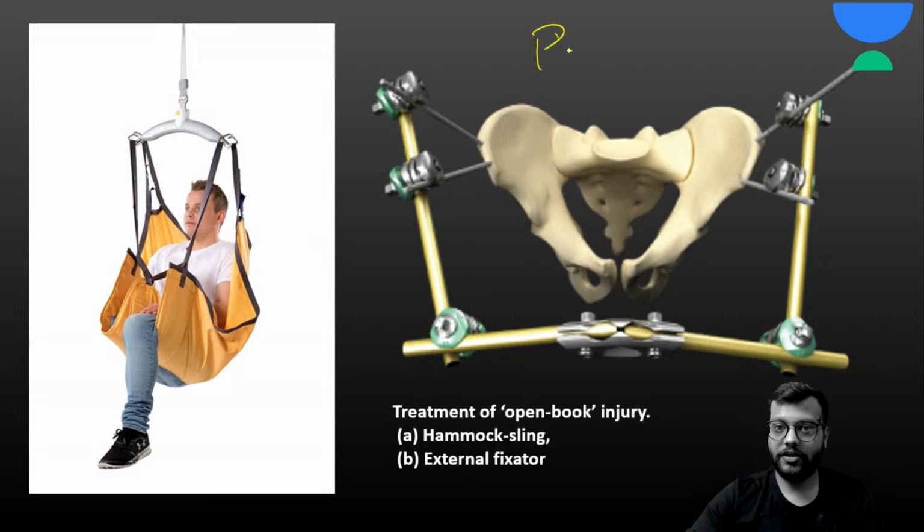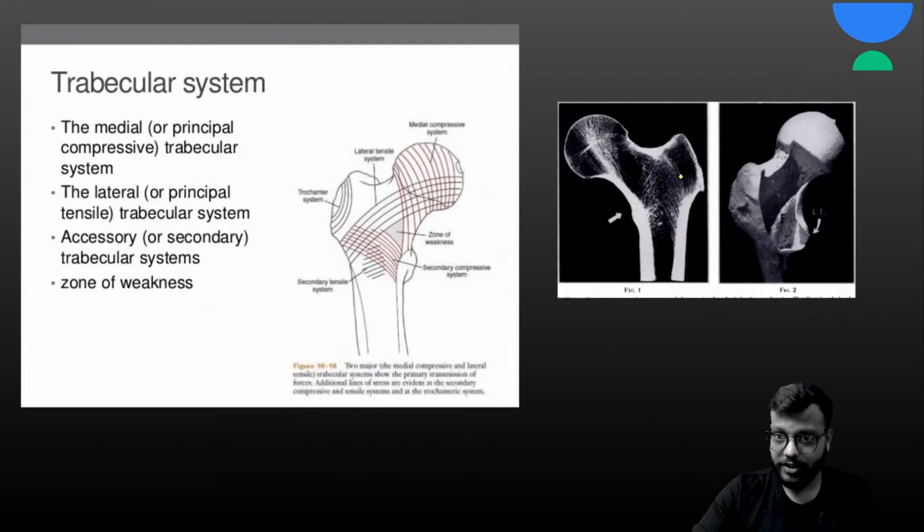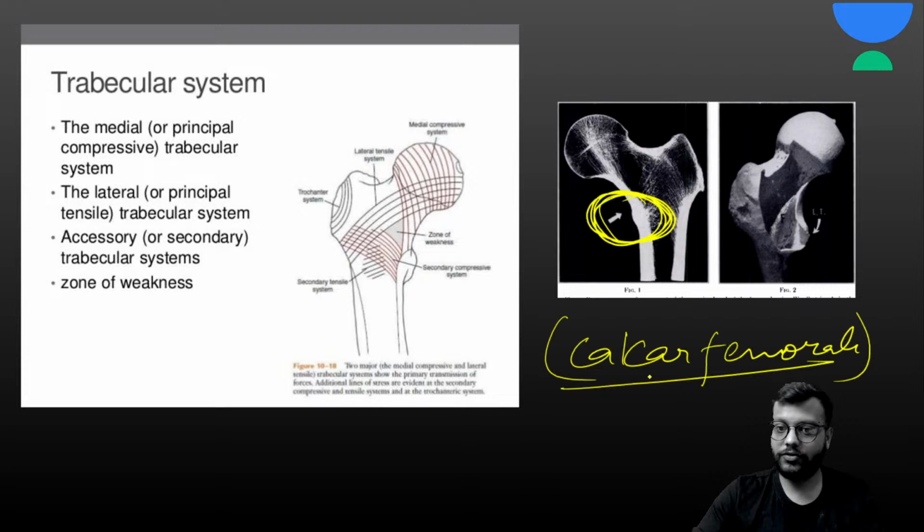Okay, now two things. Here on the medial surface, just near the lesser trochanter, there is a vertical bony prominence. Okay, that is called as calcar or the calcar femorale. It is a landmark during the surgery used by the surgeon. So this is your calcar femorale. This you need to remember.